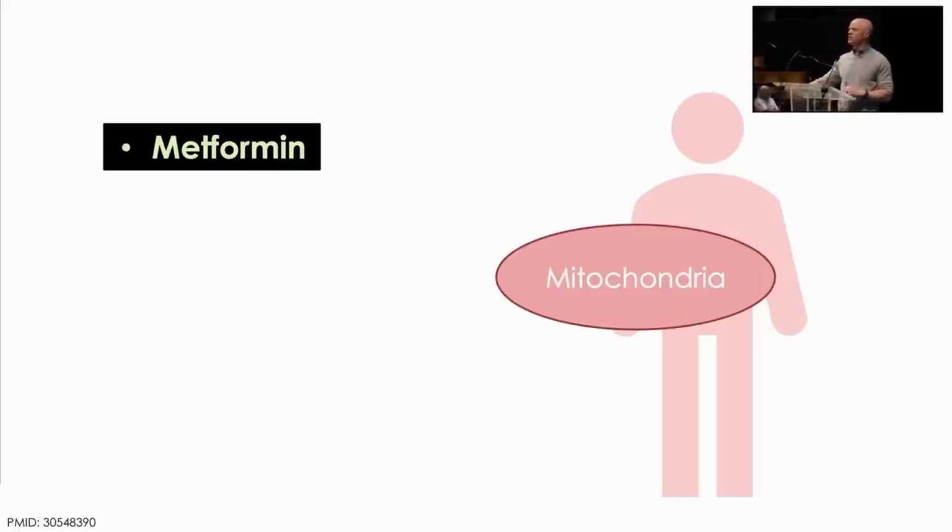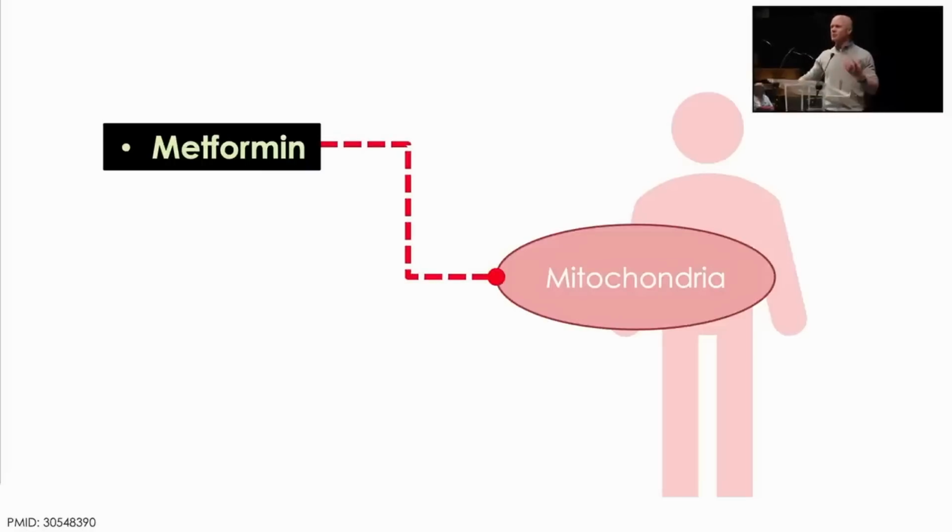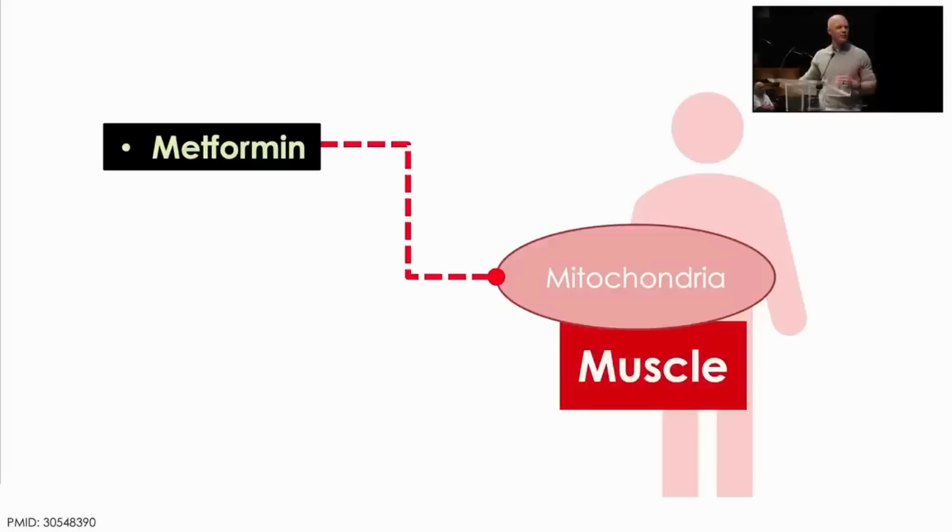Most people don't appreciate that metformin's primary mechanism of action is to act as a mitochondrial poison. That's a dramatic term, but of course I'm a professor and I need to keep students interested, so I don't mind being a little dramatic. But it is a mitochondrial poison. It directly blocks the electron transport system, the ability of the mitochondria to actually produce energetic molecules from the food that we have, from calorie molecules. And especially one of its primary sites of action is the muscle.